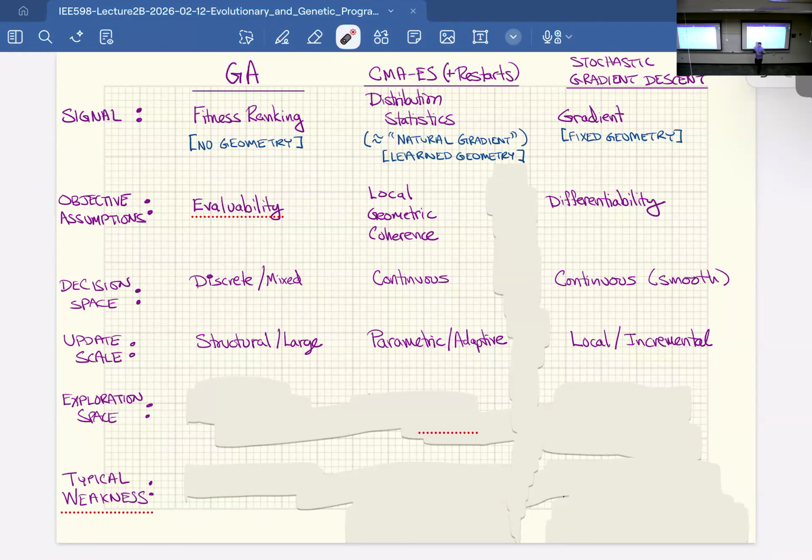But you just have to explore: how did I build my loss function or my fitness function? Do I actually think I have a derivative for this? And if it doesn't even make sense to find that derivative, then you can't go this far. You're stuck in CMA-ES or heuristics like the GA. So you just have to know about the function that you're optimizing. And a lot of times you design the function that you're optimizing. Can I manage to design differentiability into it? Sometimes you can, sometimes you can't. For a lot of simulation optimization, you can't.